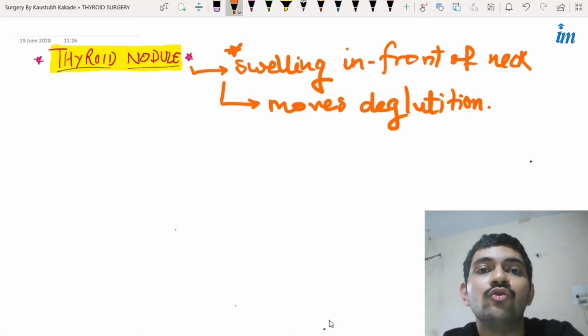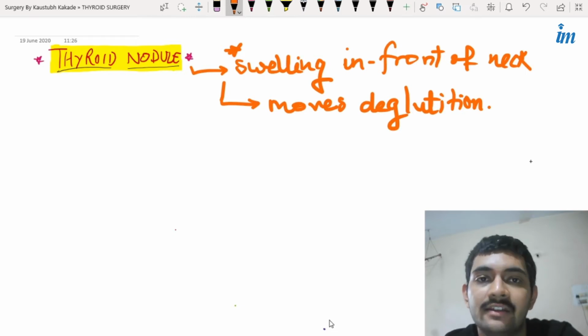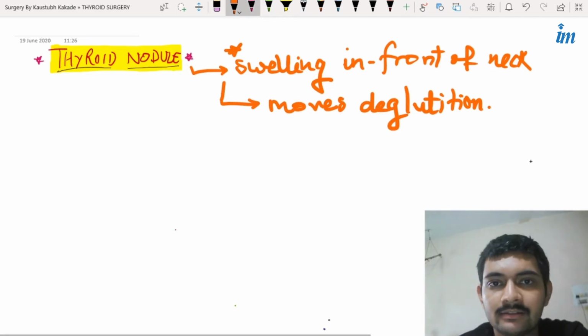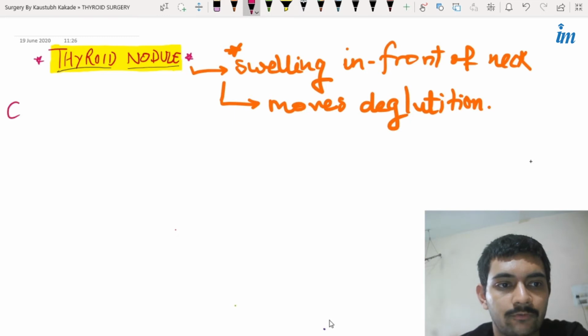Because in the neck, it could be a lymph node, or it could be a cyst, or even it could be a malignancy, a secondary, anything between the swellings. But for a thyroid nodule, a classic identification point is that the swelling in front of the neck is going to move with deglutition, right? So now let us see what are the causes